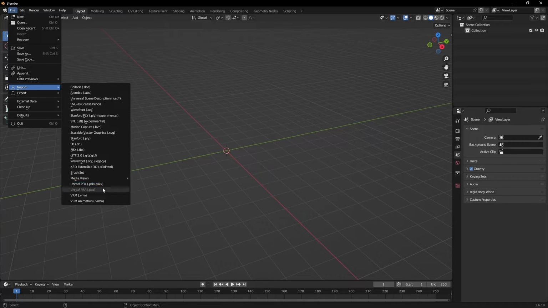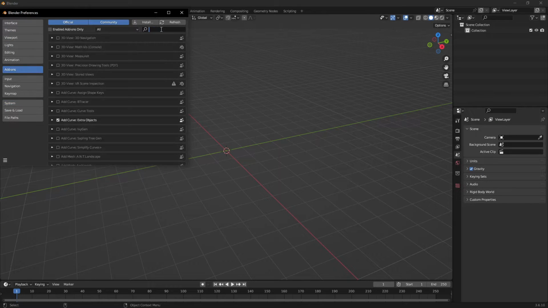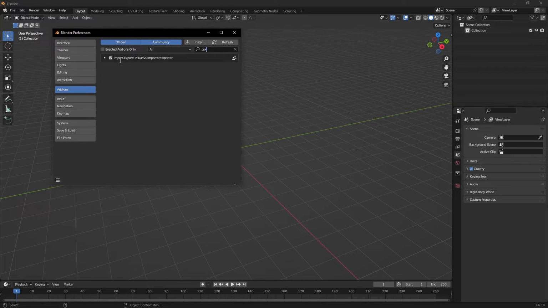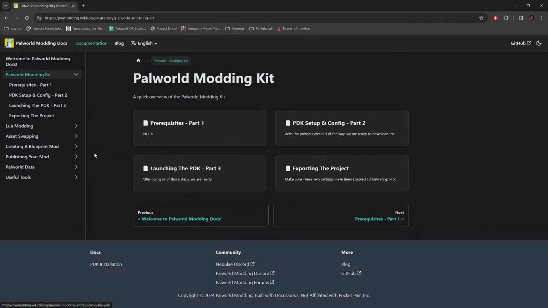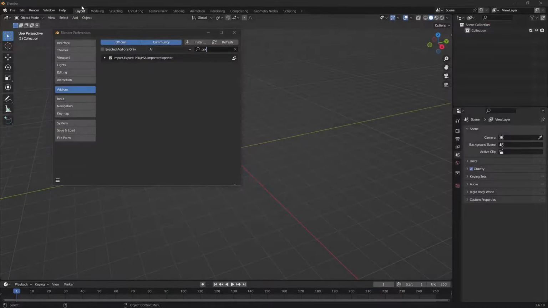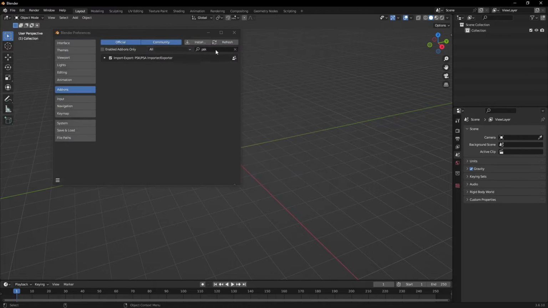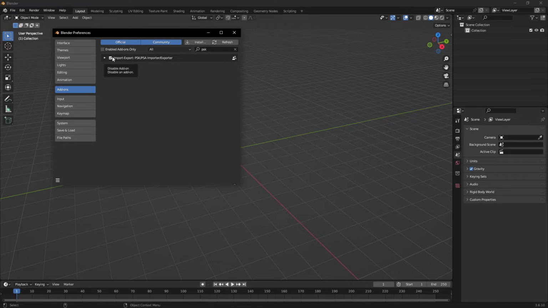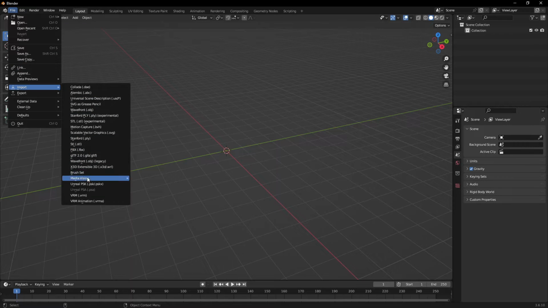If you don't have this as an option though, you can go to Edit, Preferences, Add-ons, and search for PSK. If you still don't have an option for PSK here, you can download this again from the PAL modding website. You go to Asset Swapping, Required Tools and Intro, and there'll be an option here for the Darklight Games PSK and PSA importer. So you're going to want to download the zip file for that, and then you just go to Install, point it towards your zip folder, and then you'll come up with something here. You just want to check that checkbox, and we've got it all sorted. So then we can just go to Import, PSK,